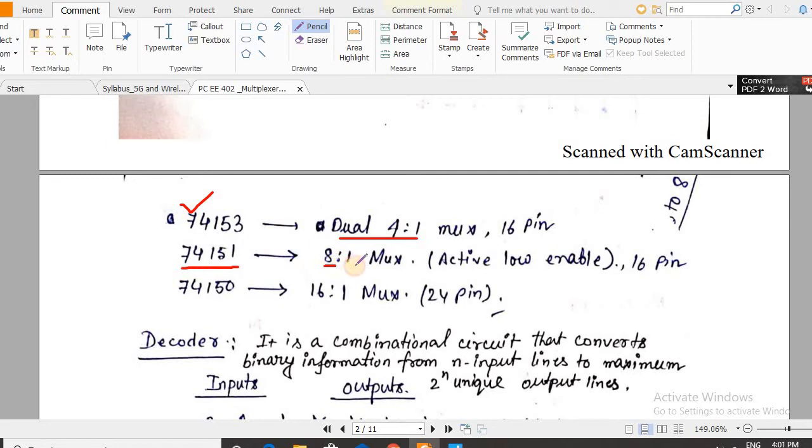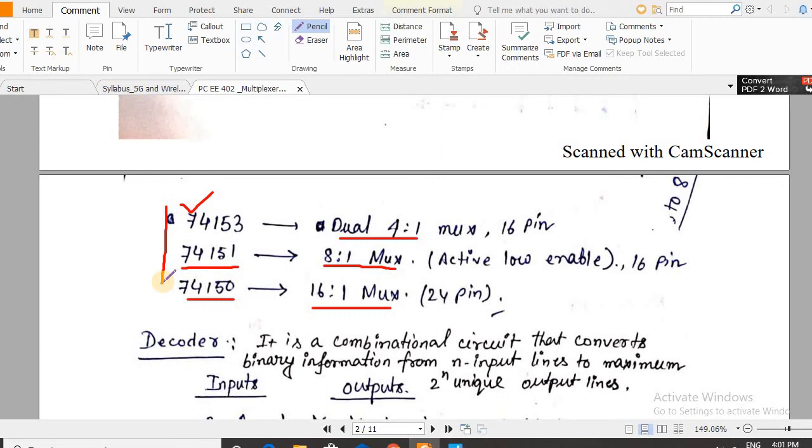74151 is basically an 8x1 mux. 74150 is equal to a 16x1 mux. So these are commercially available ICs for multiplexers. Since we can always design a higher order mux using the lower order mux,